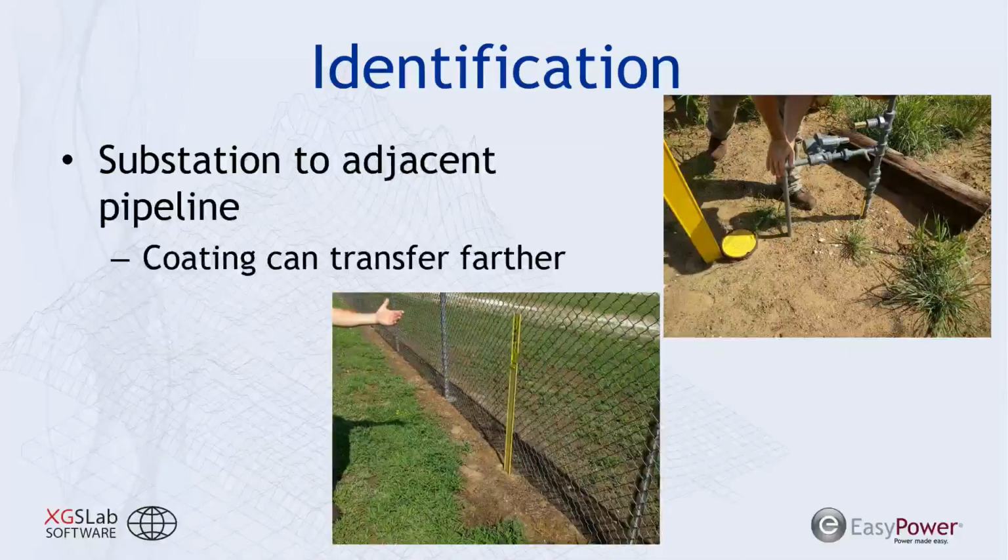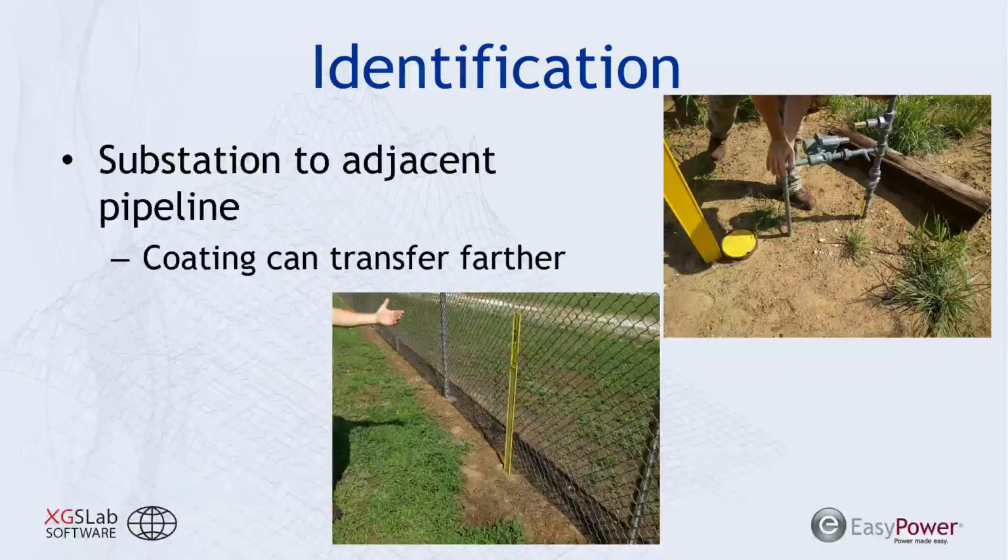Another type of system or recipient that we see often is a pipeline. Pipelines require personnel to go out often to check meters or do some testing on their test leads, and that personnel is required to be in contact with the pipeline on a regular basis. And if a fault were to occur, you could have substantial voltage transferred onto the pipeline through conduction of the